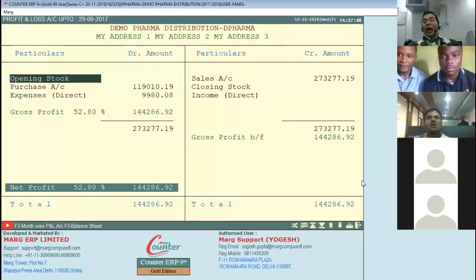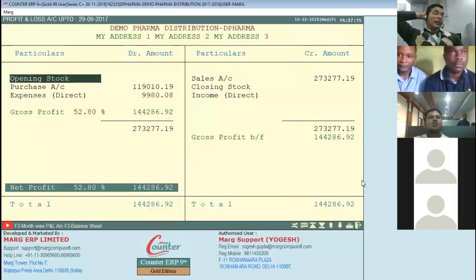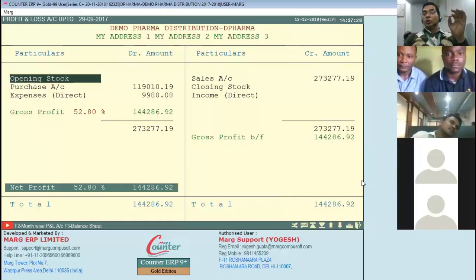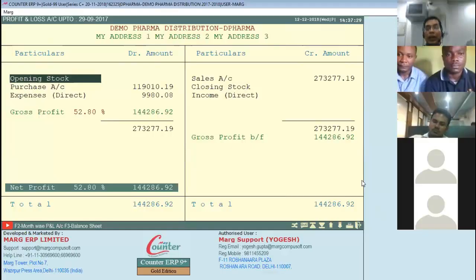For example, I am working approx 300 days in a year. So 300 days of entry is quite difficult for me. By using frequent voucher, I can put all the entries within 15 seconds. Right now you also note that the profit is 1,44,286. Now I'll be reducing that.